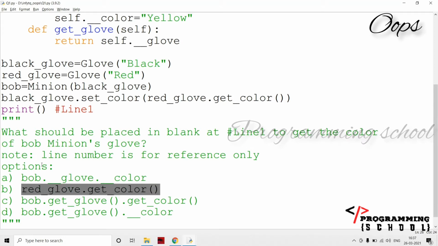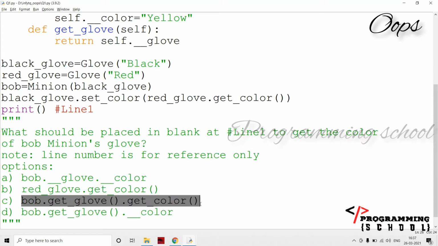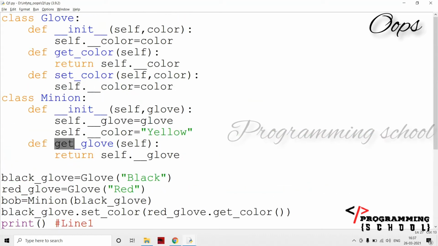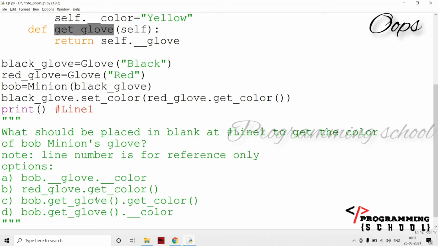For example, if I write red underscore glove dot get color, yes, it's working, but it is going to print something that is not the color of Bob's glove. That means this is also wrong. And going to this one, the only option is Bob dot get glove. That means it is moving to this one, and self dot underscore glove. That means here I am going to return the glove, then get glove dot get color of.